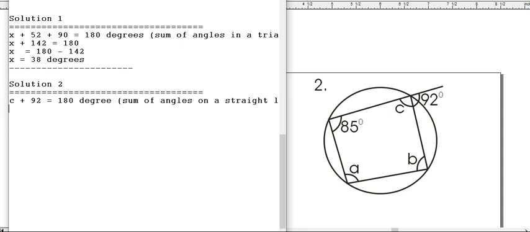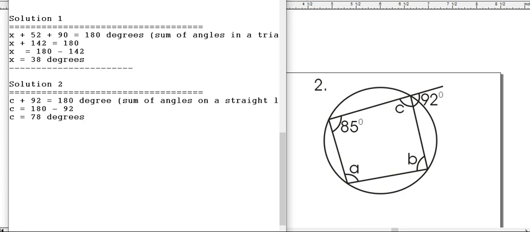Now, our C will be equal to 180 minus 92. So our C will be equal to 78